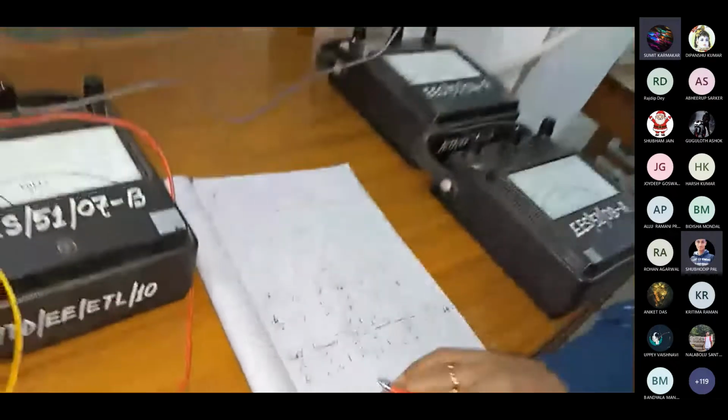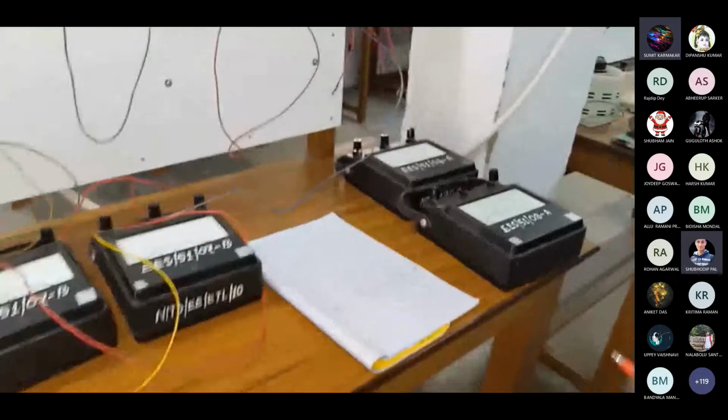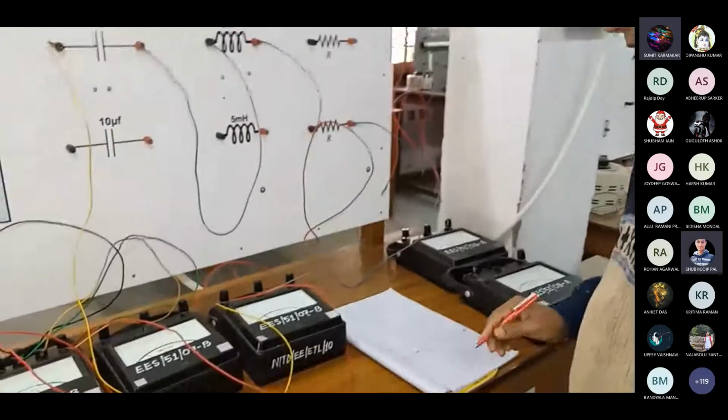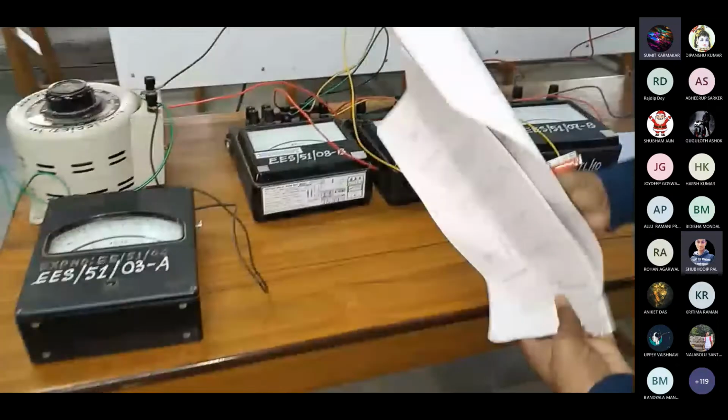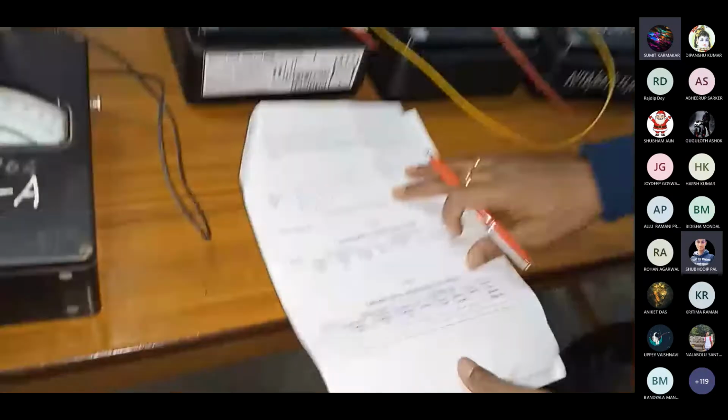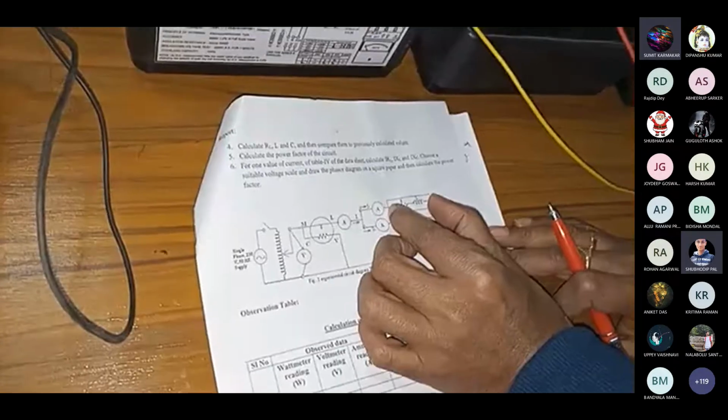All right. Next is our parallel RLC circuit. You can understand it from here. In this parallel RLC circuit, R and L, the actual choke, are together, and the capacitor is in parallel. In the parallel case, it is easier for calculation purposes to consider it from the current perspective.